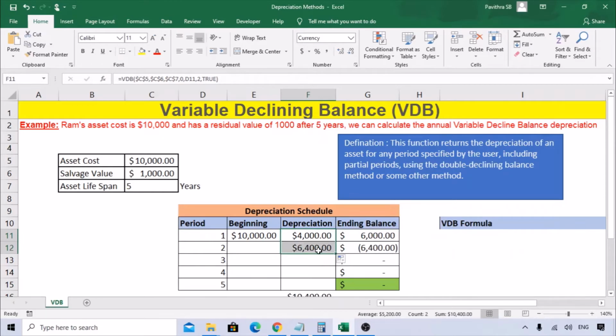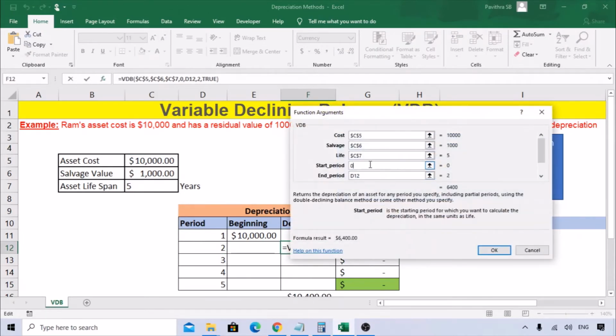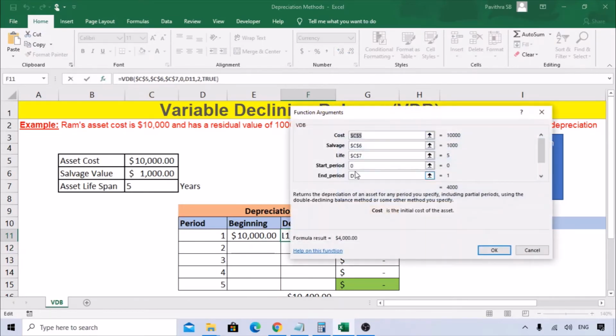Now we drag this down. So it is taking down, whereas the start date is still showing 0. So next it should be 1. You should understand that here it is 0 to 1 for the first year, for second year, 1 to 2, third year, it will be 2 to 3.